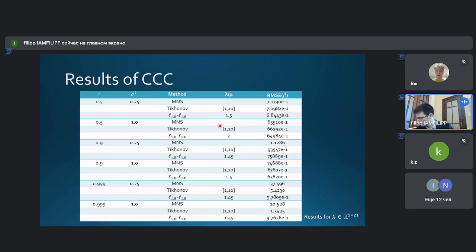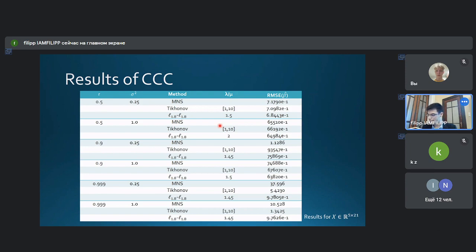Using the CCC method, we can observe that if we test for R equals 0.5, which means that the X is lowly correlated, not highly, the MNS works sufficiently. So regularization seems unnecessary. The Tikhonov and the LPLQ methods are of higher complexity. So even if we use either of them, we will waste time and memory, which can be